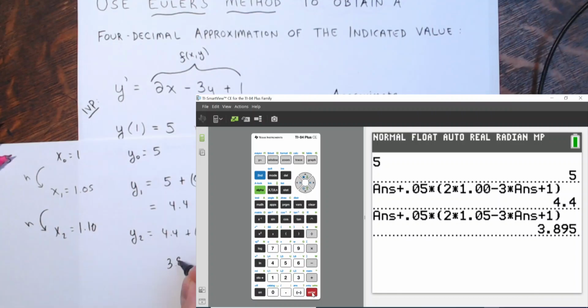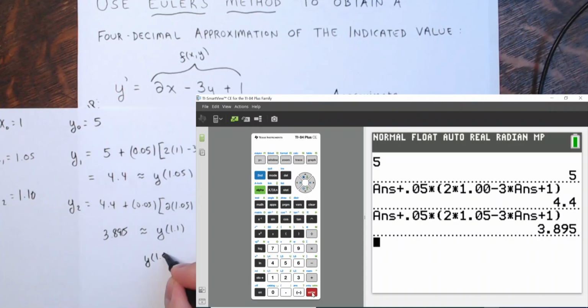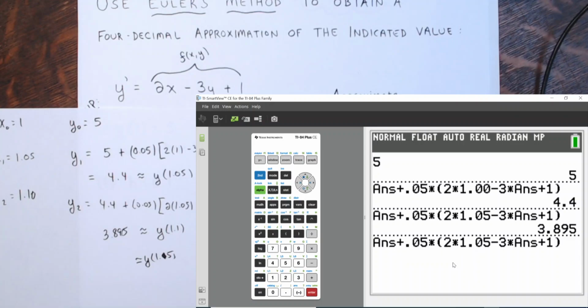That's the approximation of the solution at 1.1. And then we'll get y at 1.15 approximated. Next, I'm going to go second entry, and then change the previous x from 1.05 to 1.15,